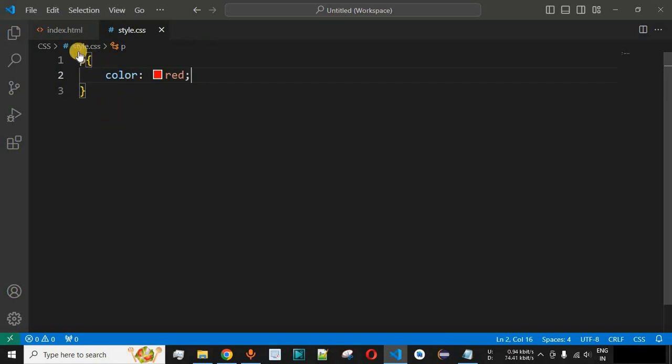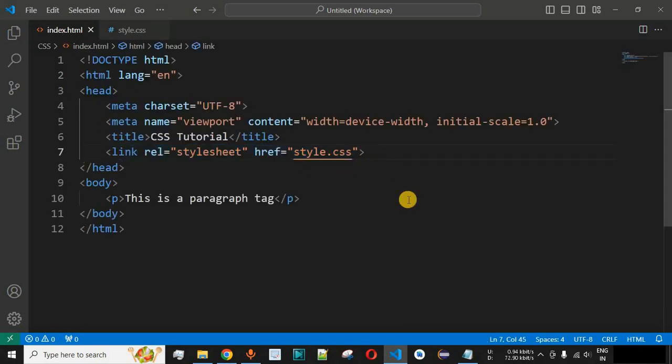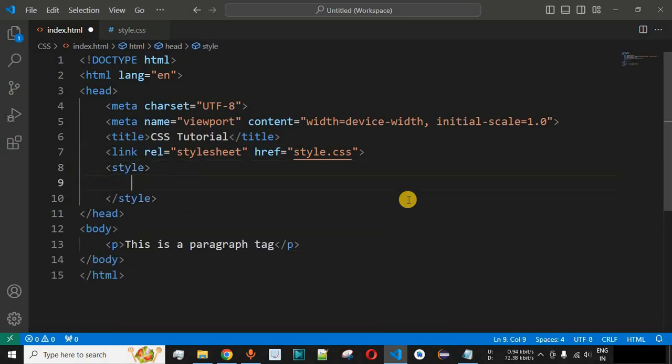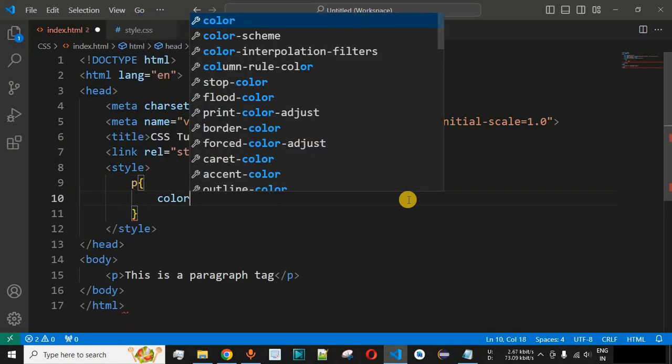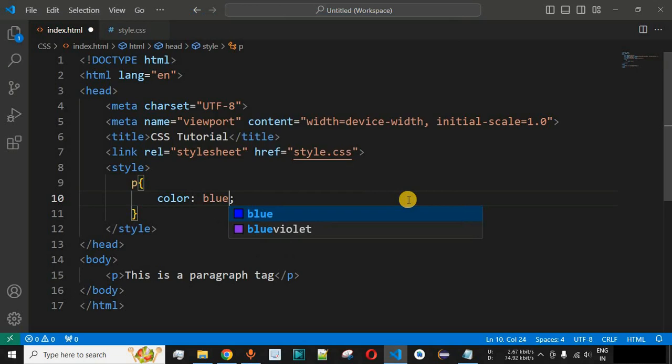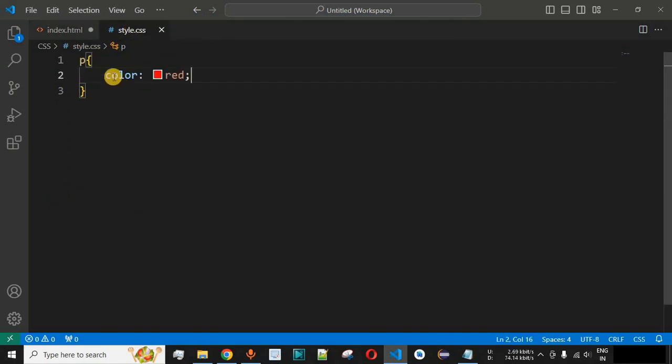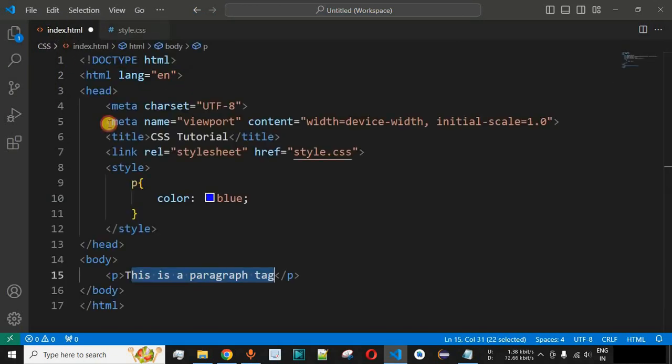So guys, let's say we provide the same paragraph tag over here inside the head section within the style tag. So we are going to define the style tag over here, and let's say we define the paragraph tag in this case, and we say that the color is blue this time. So guys, basically we are setting the color of the same text as blue over here. So we have defined the color inside the external file as well, but we are also defining the color inside the internal style as well over here under the head section. So in this case, what the color of the text will be set to, let us check that as well.